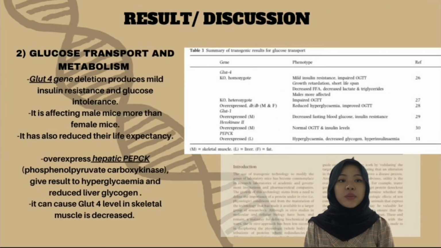Next, glucose transport and metabolism. A GLUT4 gene's deletion produces mild insulin resistance and glucose intolerance. It will affect male mice more than female mice. This is because female blood glucose levels are not very high in either fasting or fed states, while male glucose levels are lower in both. It also has reduced their lifespan. However, overexpression of GLUT4 protein in diabetic mice may have beneficial effects in the diabetic state, where it will regulate hyperglycemia. Other than that, overexpressed hepatic PEPCK results in hyperglycemia and reduced liver glycogen. Thus, it can cause the GLUT4 level in skeletal muscle to decrease, where it will disrupt the regulation of body glucose